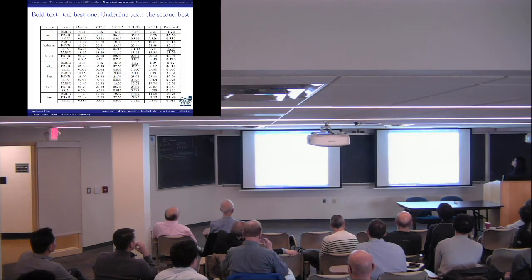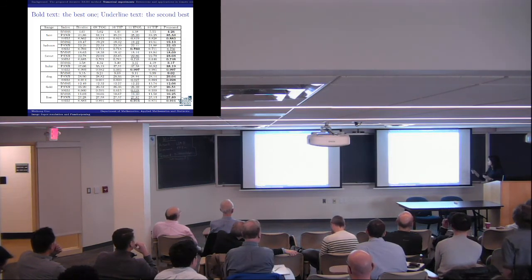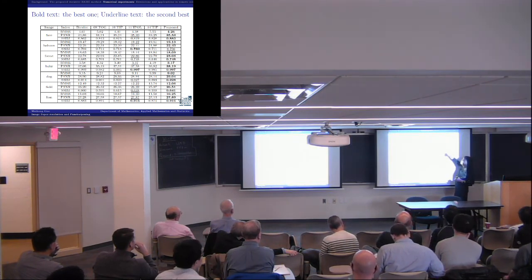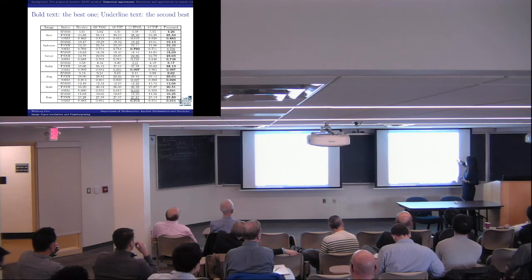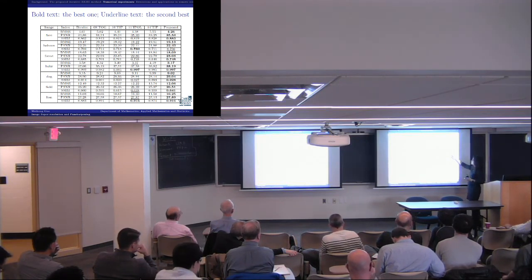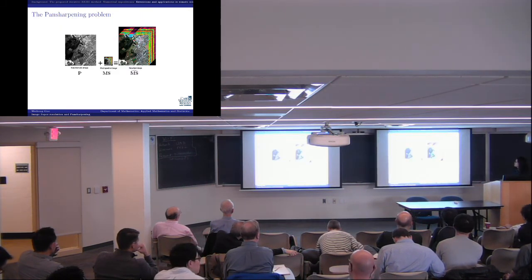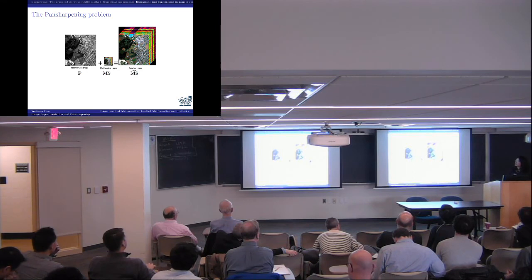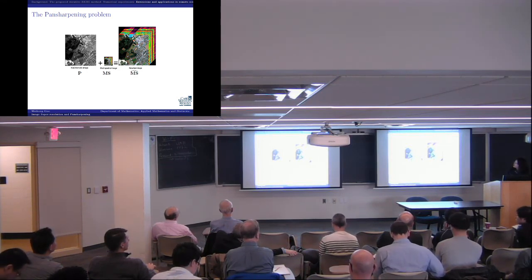All right, so here are some numerical results. Because this paper was published 2 years ago, we compared up to here. So we have the proposed approach over here. Basically, the bolded face would be the best, and the underlined one the second best. So it's kind of consistent. I'm running out of time, so let me briefly talk about how we use this for pan-sharpening. I know there are some, like Professor Wojciech is doing some on this as well.